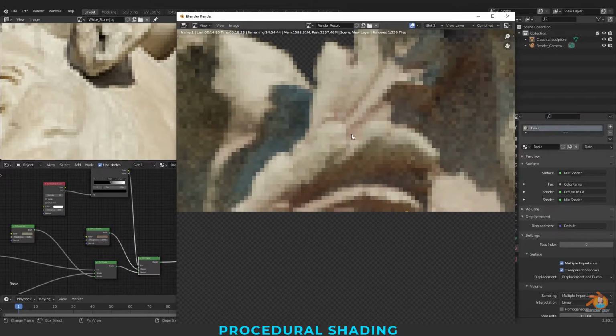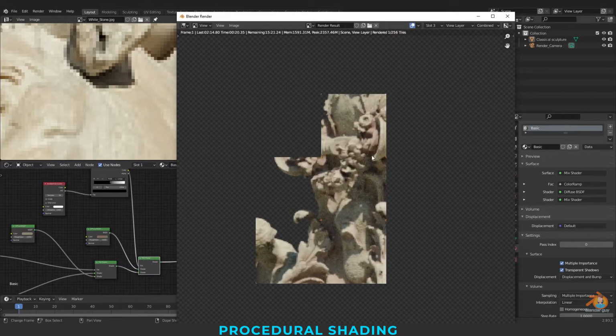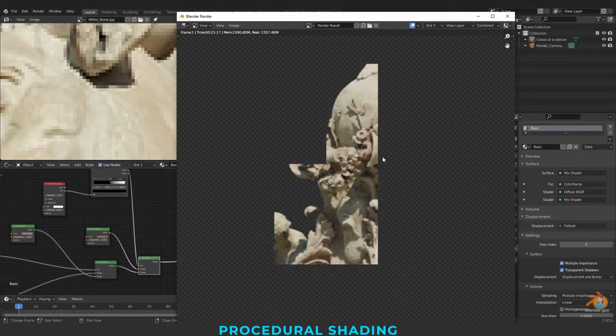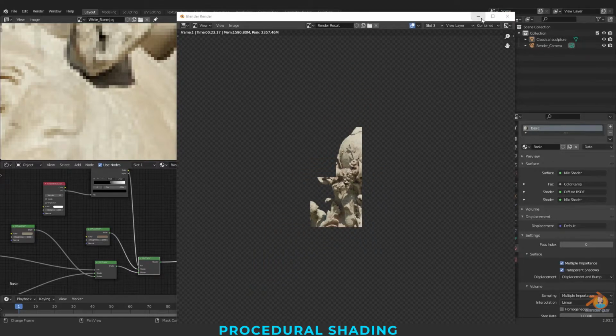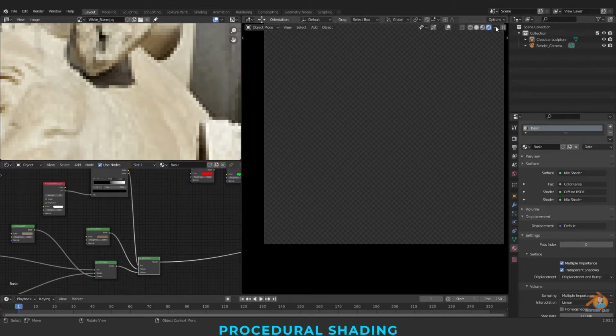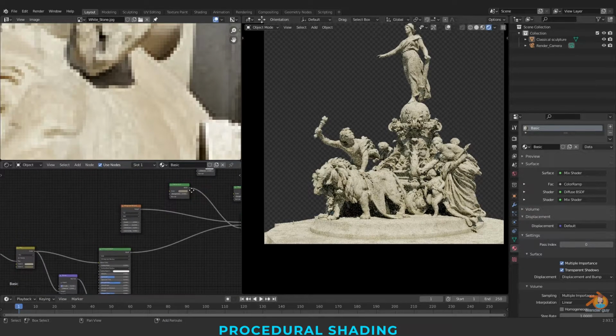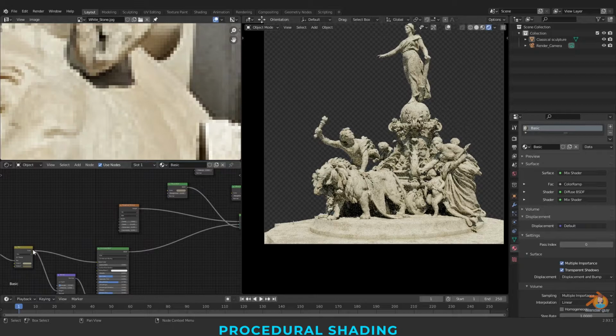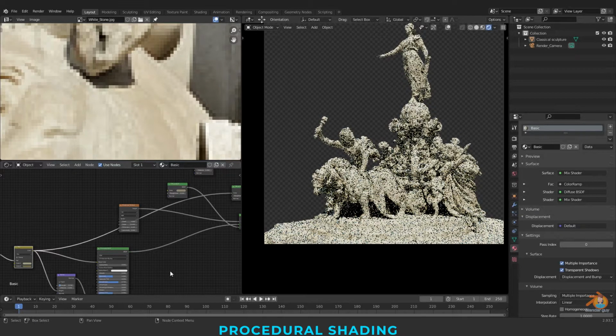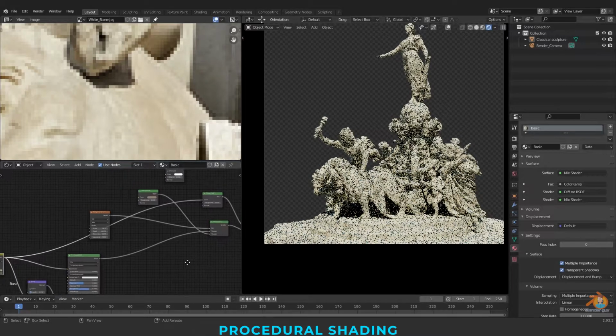I want it to be a proper dust color. Let's check this. Canceling this. Or else you can directly connect this node here to this one. So you'll have that